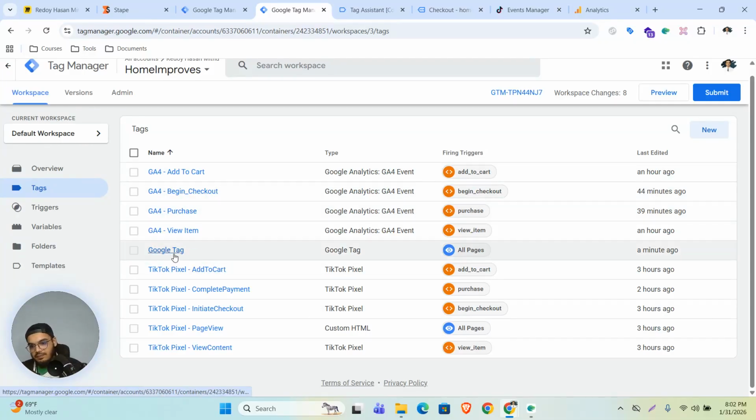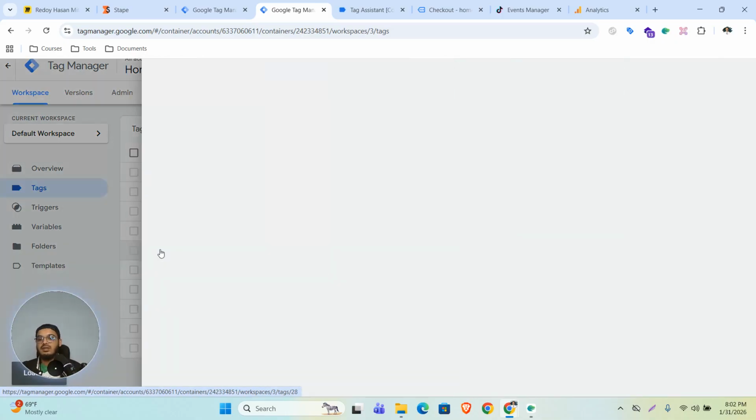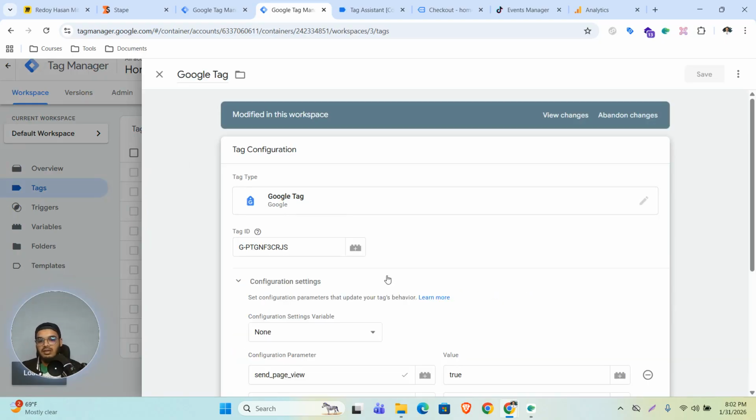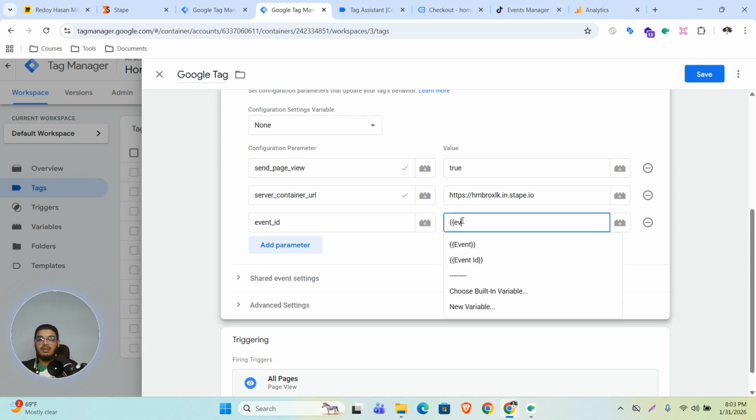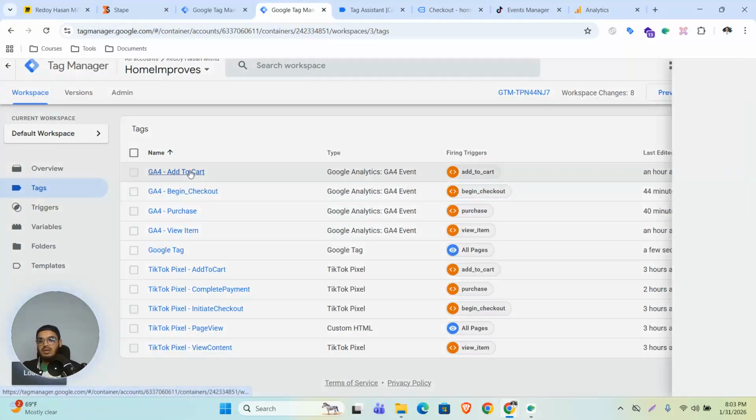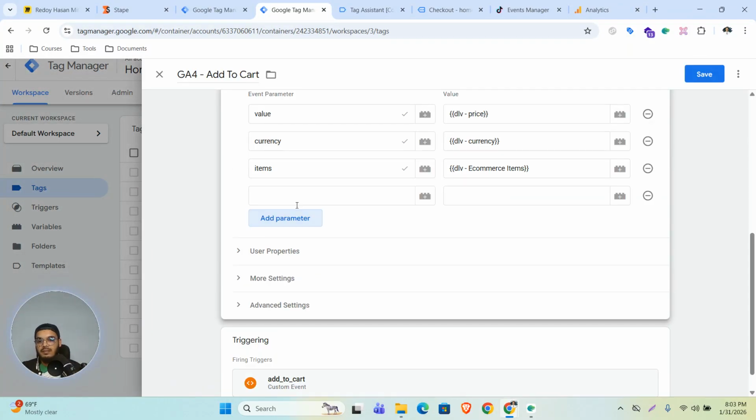So now first we will add this event ID to all our Google GA4 tags. This is Google tag, add parameter event_id, event ID, save, add to cart parameter event_id,